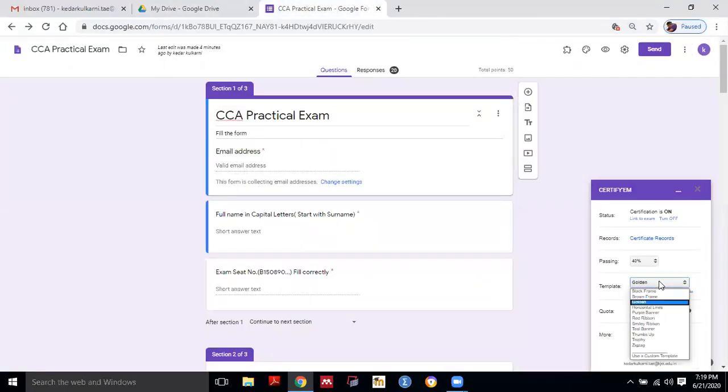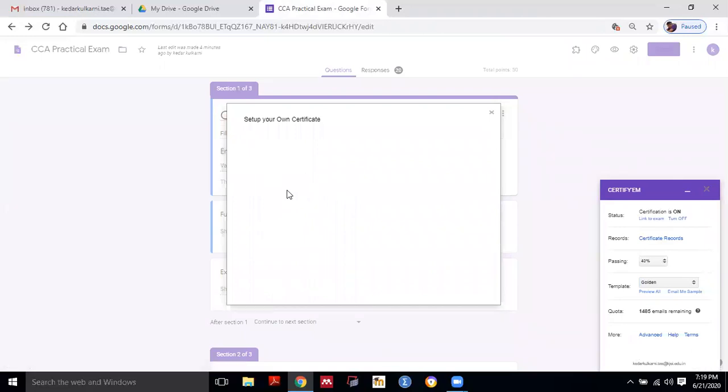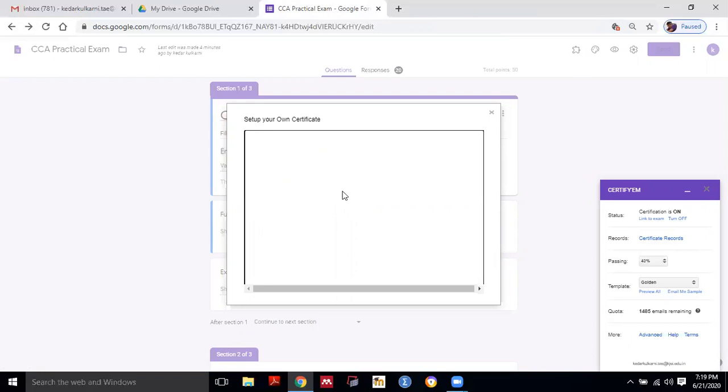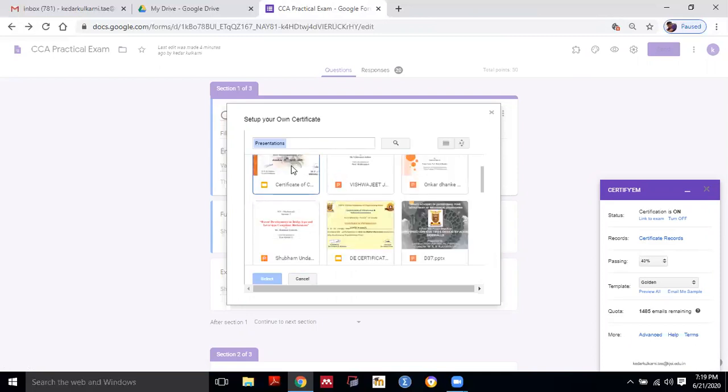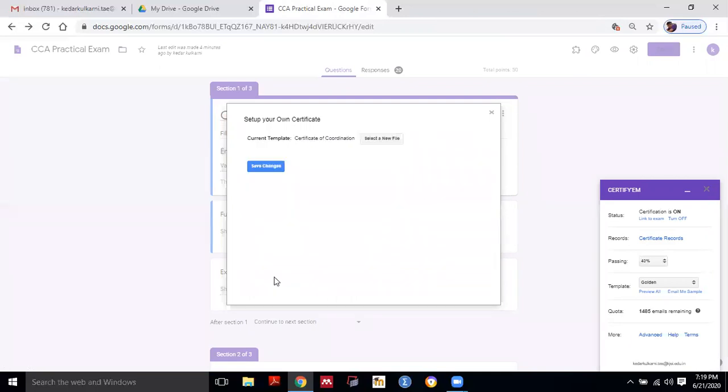Then I will go for use a custom template, set up your new certificate. I will select a new file. I will select that file only which I have created now. This one I will select certificate of coordination, save changes.